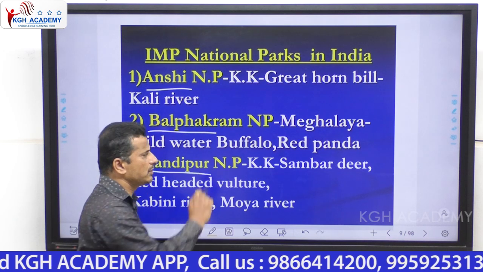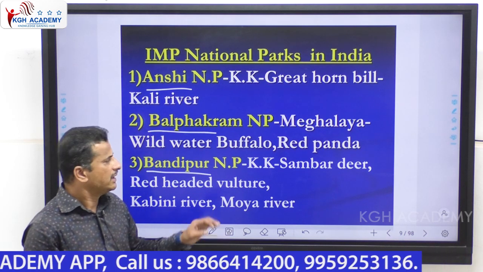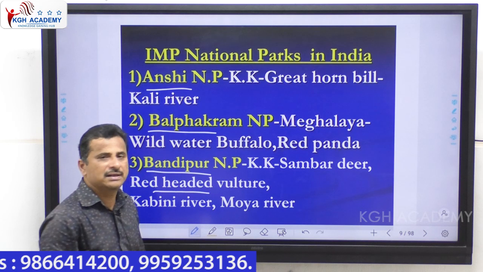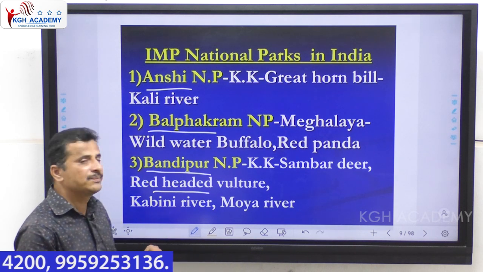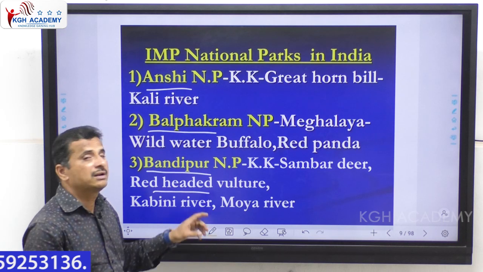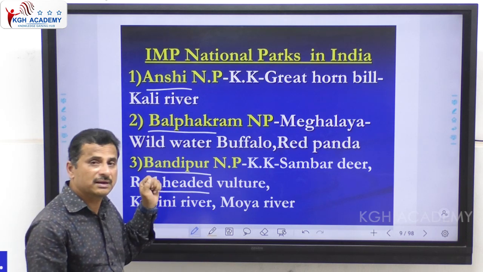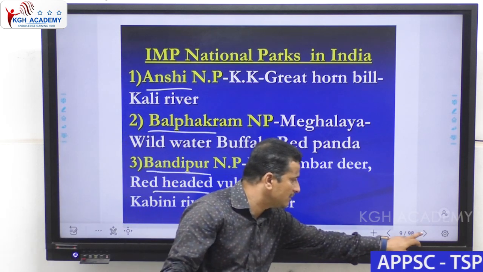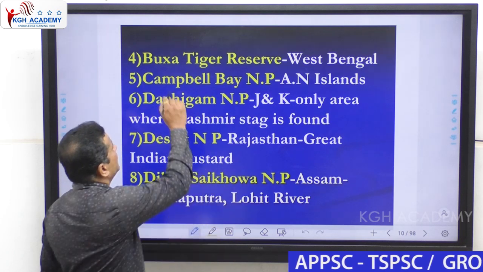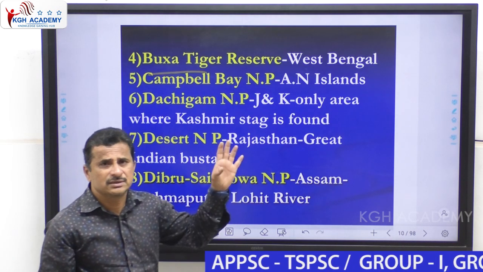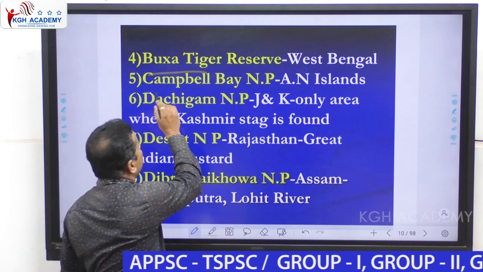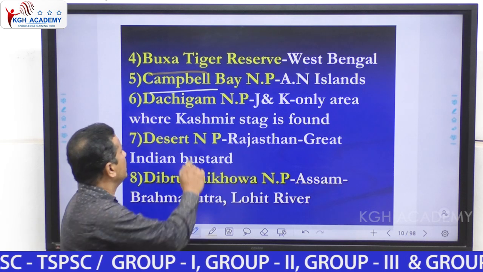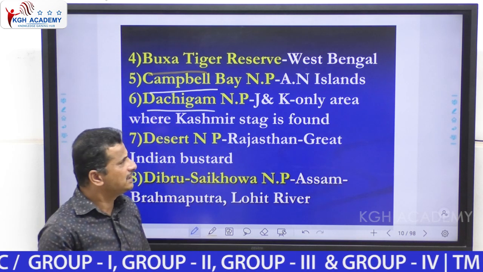And next Bandipur National Park, Karnataka. The main animals here are sambar deer and red-headed vulture, and the Kabini River and Moyar River flow through this Bandipur National Park. Next, the Buxa Tiger Reserve is present in West Bengal. Next, Campbell Bay National Park is present in the Andaman and Nicobar Islands, and Dachigam National Park is present in Jammu and